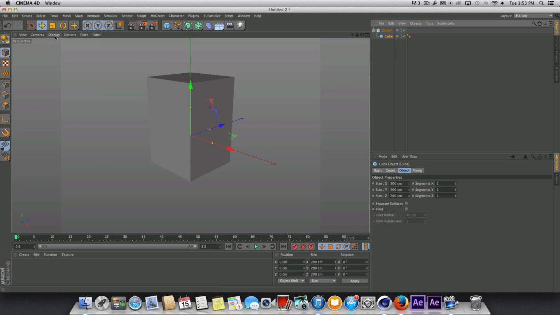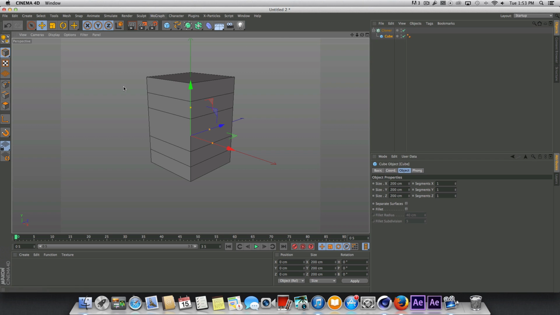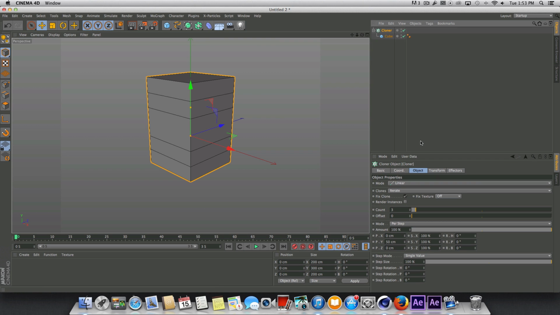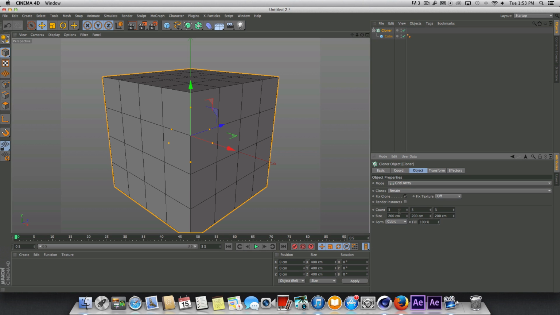And let's go ahead and go up to display. I am using Cinema 4D R14, and I want to change my shading to lines here, just because I think it's a little bit easier to visualize. We're going to go back to the cloner, and we're going to change the mode from linear to grid array, and we're going to change the count